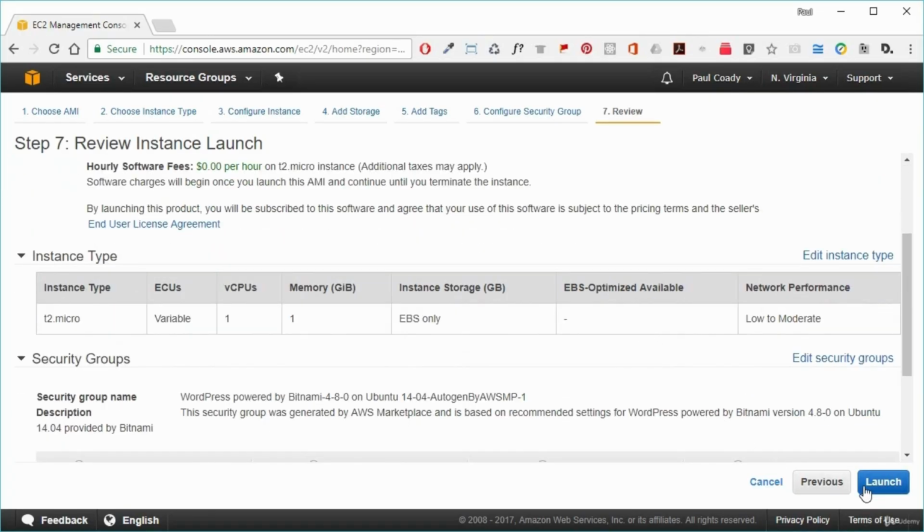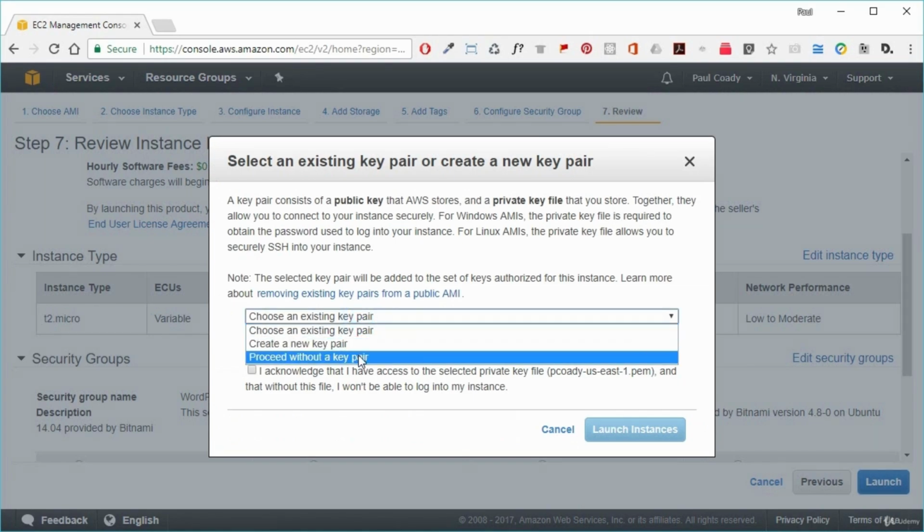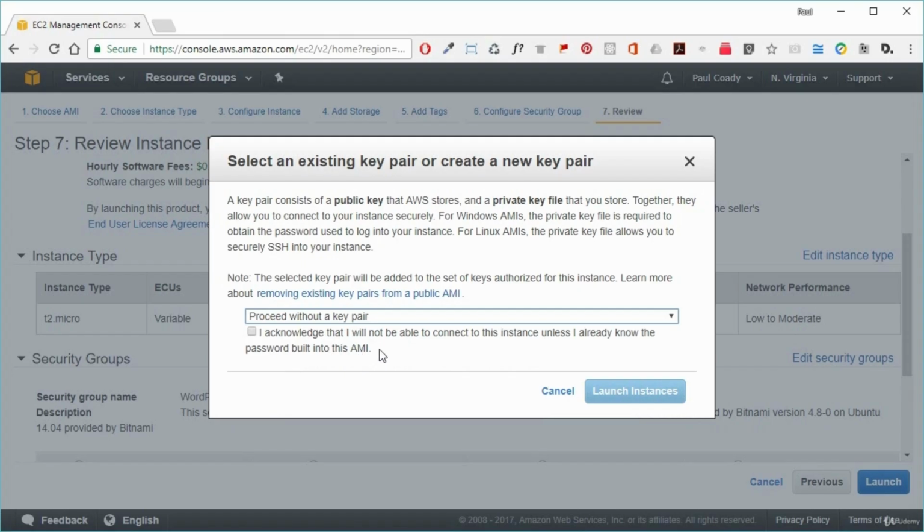And we just click on Launch. And instead of choosing a key pair, we're going to proceed without a key pair. A key pair is used to connect directly into our EC2 server. And we're not going to be doing that, so we're not going to be connecting into the Linux operating system, but normally you would, and normally you would download a key pair and you would use that to connect into your Linux server. But for now, we're not going to do that.